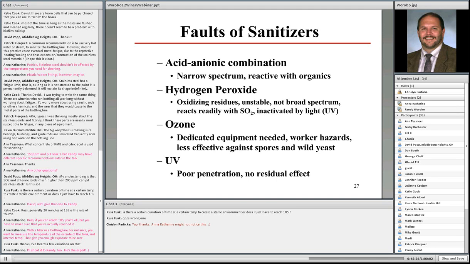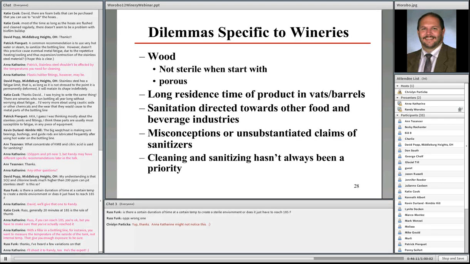It's unstable, so as soon as you expose it to the light, it's going to be inactivated. It also readily reacts with SO2, so you have to beware if you're using peroxyacetic acid as a barrel treatment. Your free or your molecular SO2 might actually be lowered if you have any residuals that have leached into the barrel. For ozone, dedicated equipment is needed. There's worker hazard as soon as you generate ozone, and it's less effective against spores and wild yeast. For UV, I just tell people to avoid it simply because anytime you have any shadowing, so even on a barrel surface, anytime that the UV doesn't have direct exposure to it,